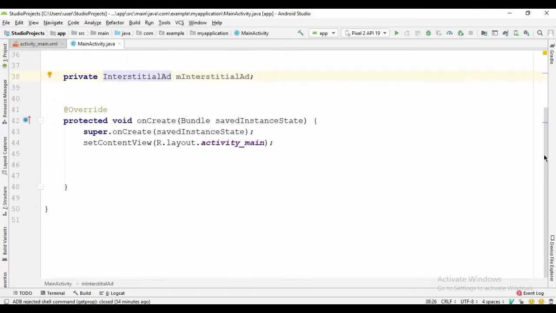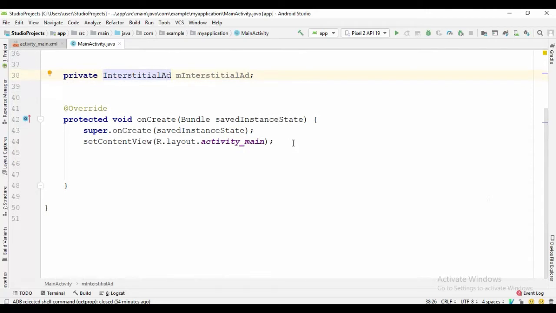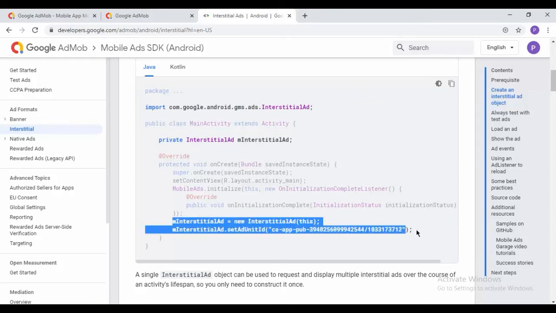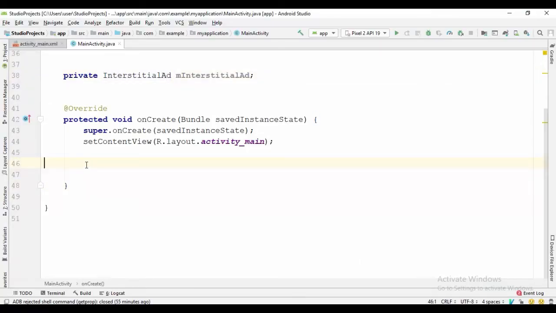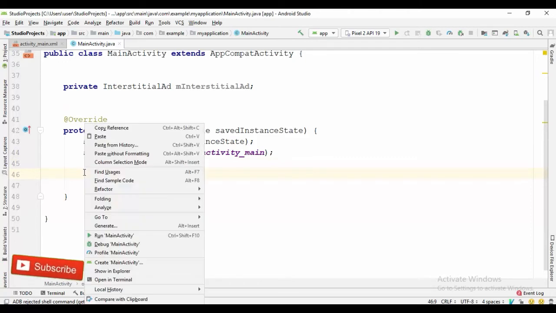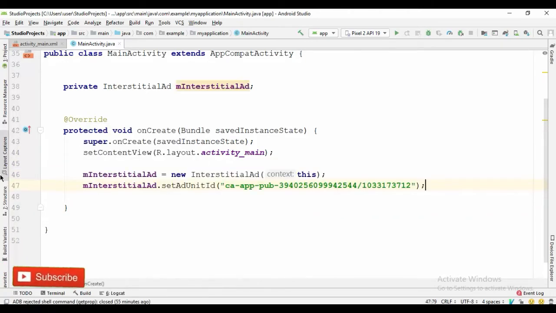Now the next thing you have to do is copy and paste these two lines of code in the onCreate method. And here you can see it provides a sample ad unit ID.